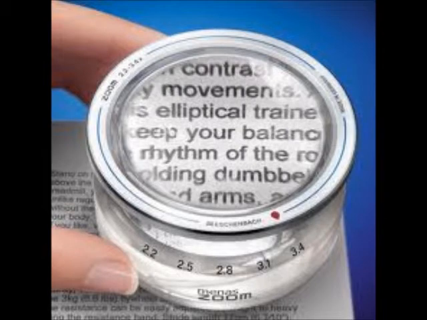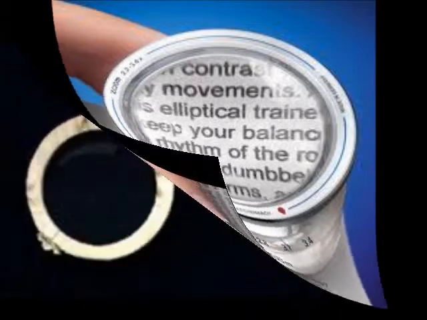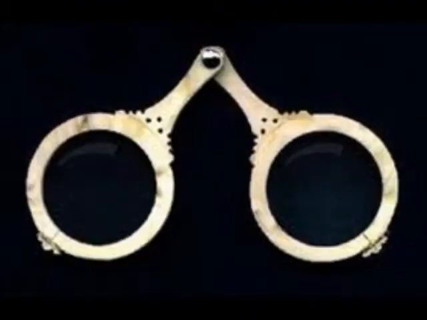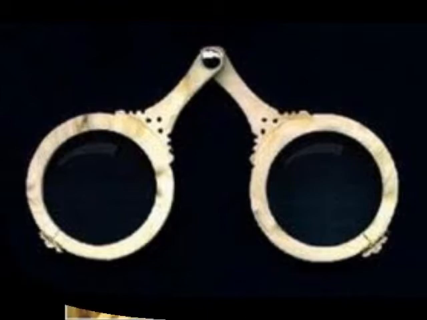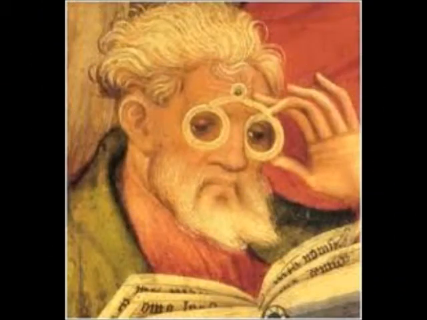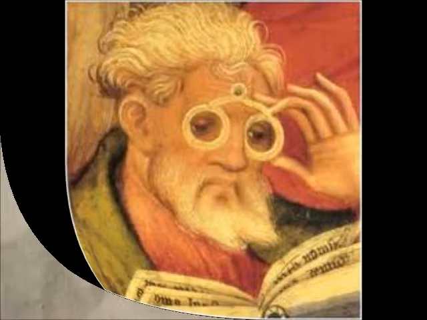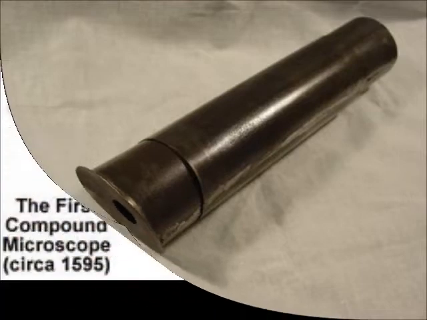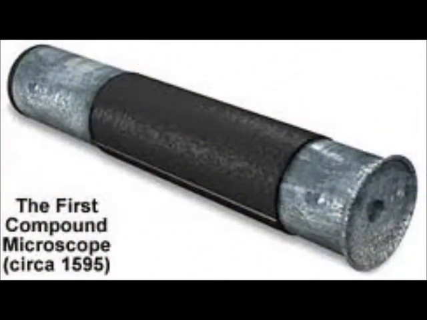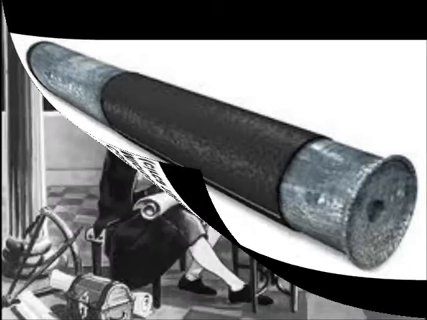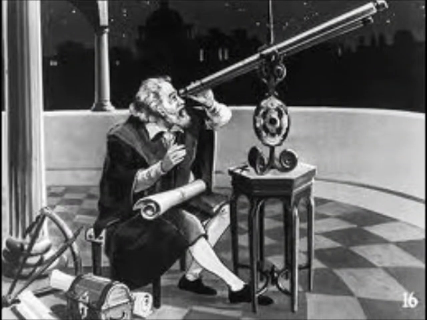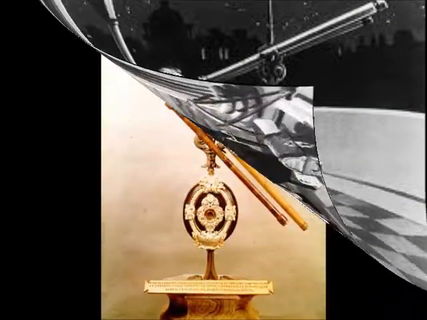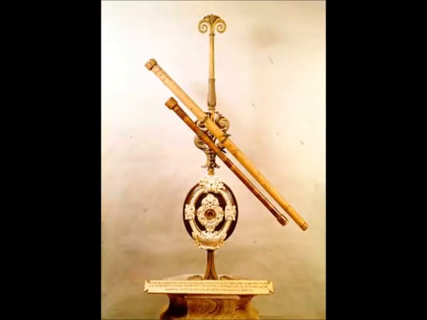Reading stones were developed to magnify letters using the properties of light. This led to the invention of lenses. The first spectacles came into use when people put these lenses in a frame. In the late 1500s, Zacharias learned how to magnify objects more and invented the first microscope, which was used to see really tiny objects. It was again modified and the telescope was invented by Galileo in the 1600s, which was used to see objects from a far distance.